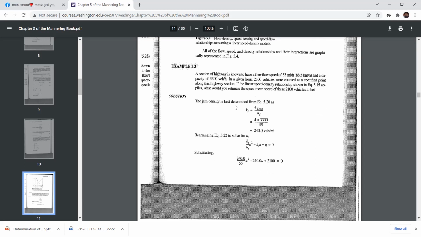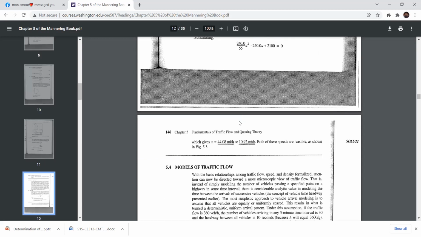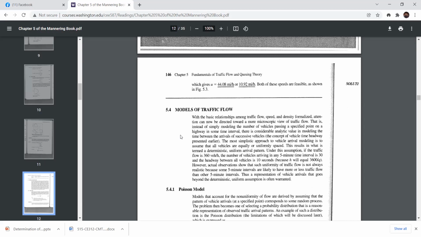So the solution: the jam density is first determined from equation 5.2 by rearranging and solving the equation like this. So in this chapter 5.4, models of traffic flow, one of my group will report